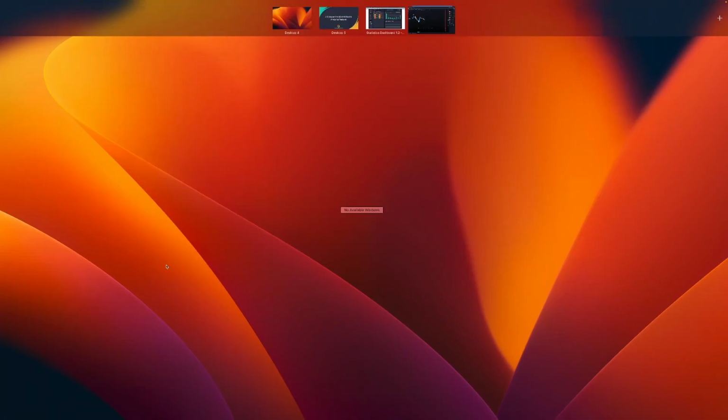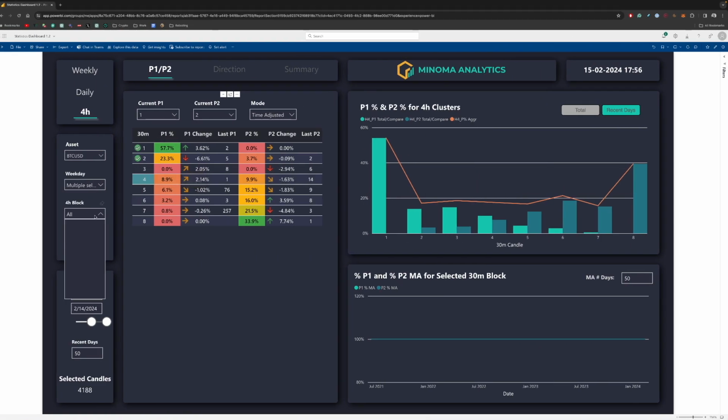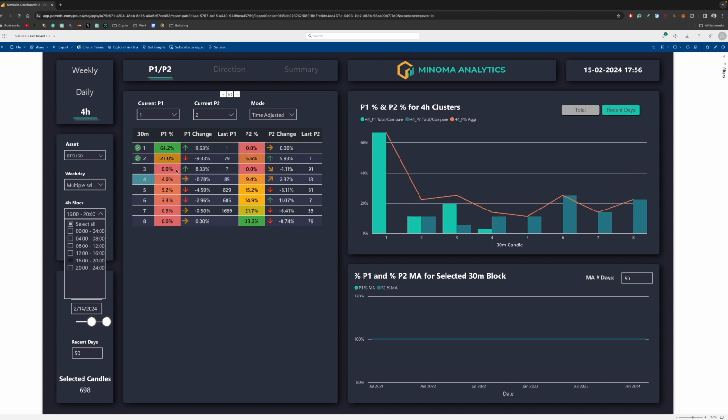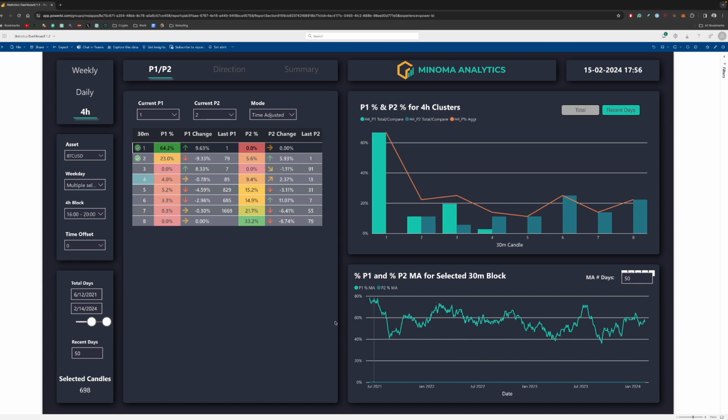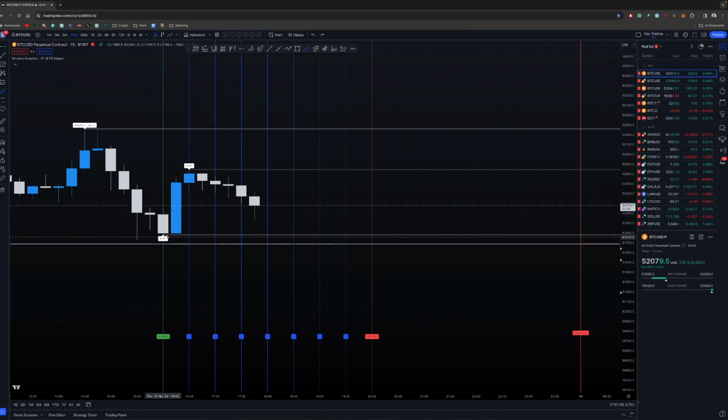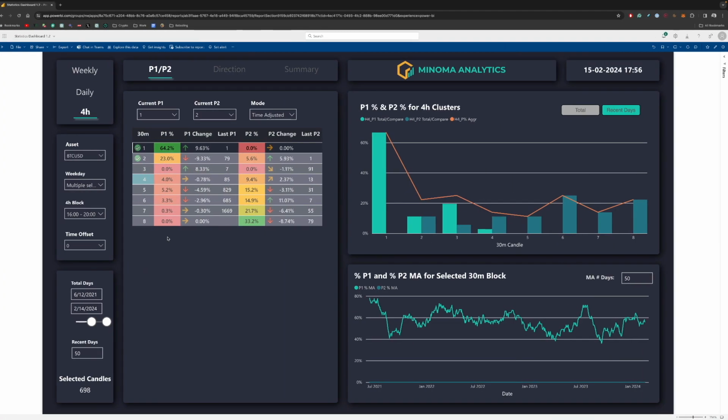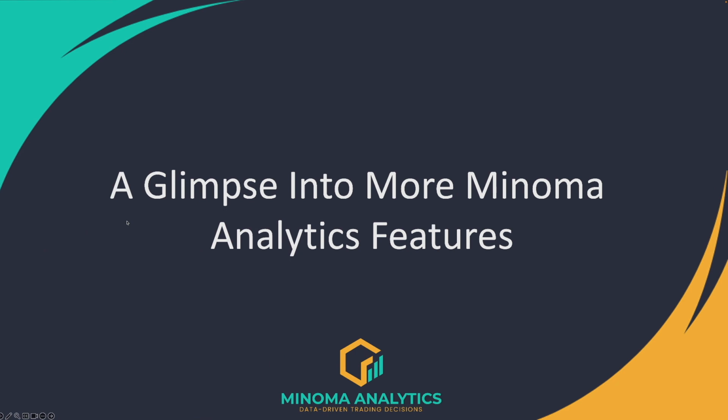And I can also look at just the data for that block. So right now I'm looking at all the blocks, but if I just press this one, then I will see this one has actually been happening way more often lately on that first 30-minute block, which is where P1 is right now. So that's just a very quick glimpse of the other features, and I think you can already get a notion if you start combining all three of those, then that's pretty powerful.